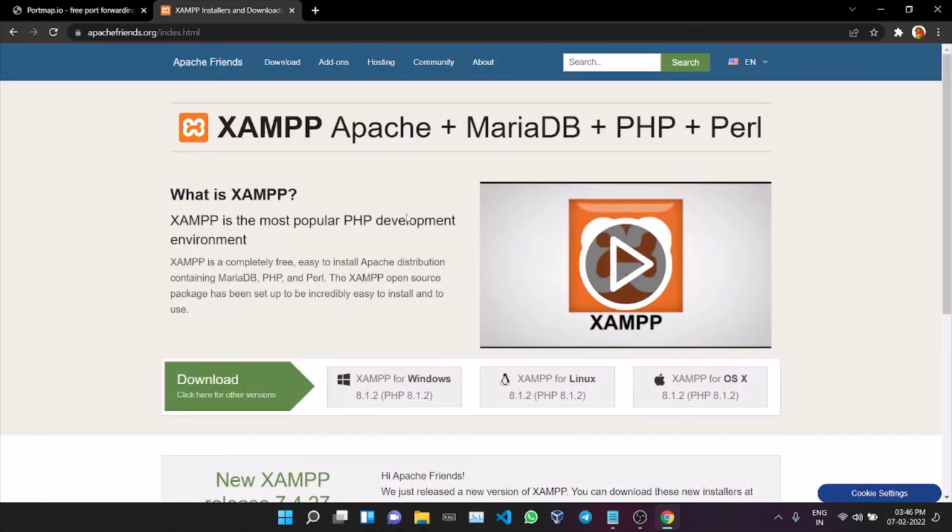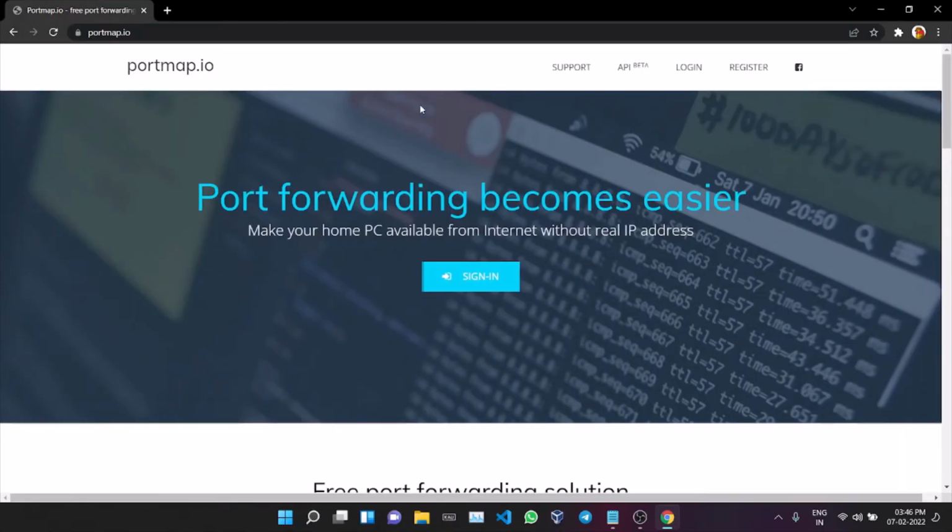I am also going to use a software called XAMPP, that is an HTTP server. You don't need this, but for the sake of demonstration, I will be using it to show that our website is available outside the network also. If you want to do this along with me, you can download it, or you can skip this step. So what you need is portmap and OpenVPN. So what will they do? Let me show you by logging in first.